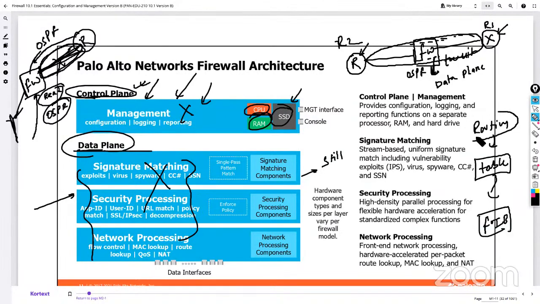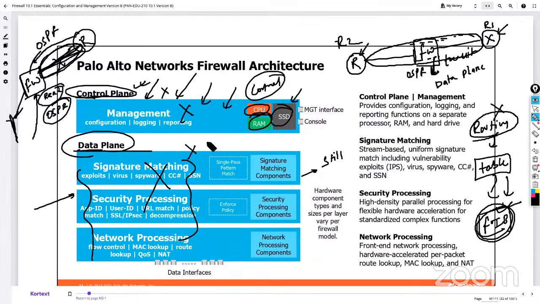If our routing table itself is not working, how will our FIB work, how will forwarding work? If something goes down at the control plane and the routing table is not working properly, then the data plane will never work,